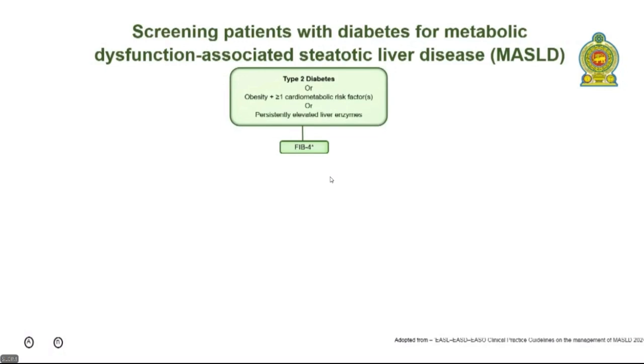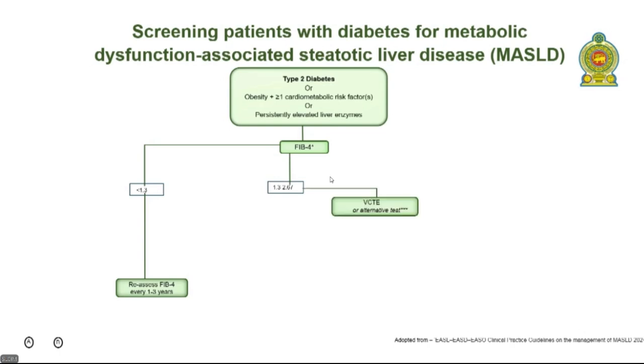So do the FIB4 score, and if it is less than 1.3, you see the patients every 1 to 2 years, 1 to 3 years, depending on the risk factors. But for diabetes in Sri Lanka, I recommend doing the FIB4 score every year. Then if it is between 1.3 and 2.67, then